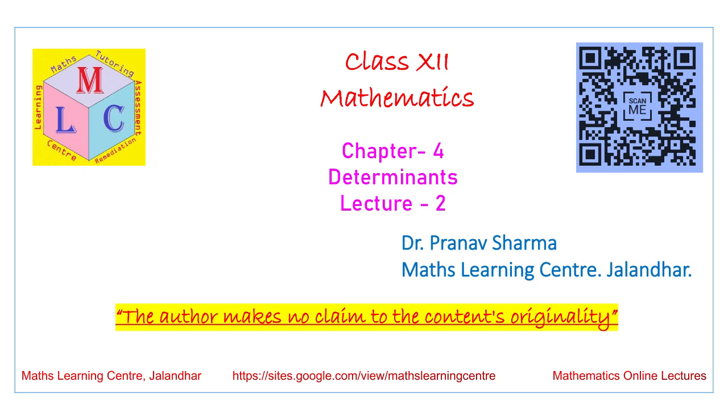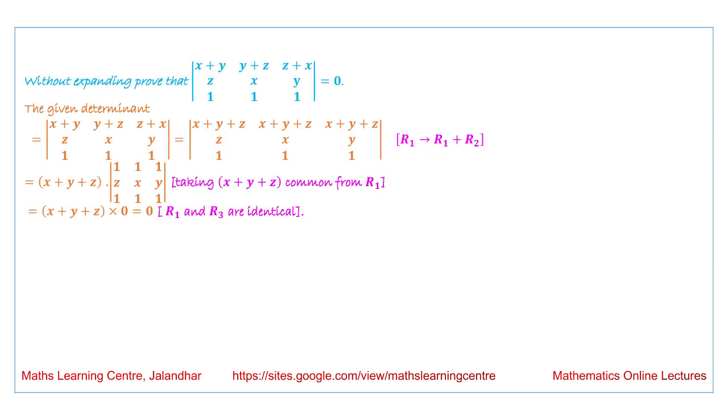We are going to start now the second lecture of chapter 4, class 12th mathematics, determinants. Now the first question we have is, without expanding, prove that the value of this determinant is equal to 0. So we start with this given determinant and we have performed the operation that row 1 approaches row 1